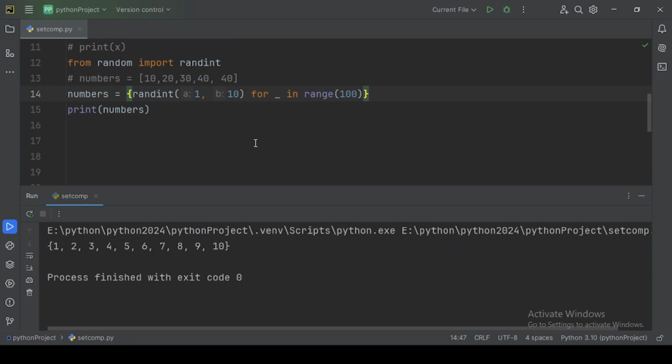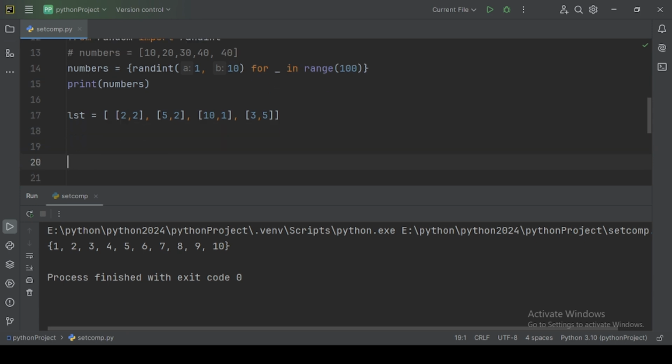Then we can also do some other things. Let's suppose we have a list. I'll create a list here, and then in this list we have a few more lists. So I'll say [2, 2], then I have another list [5, 2], then another list [10, 1], and then we have [3, 5]. Okay,